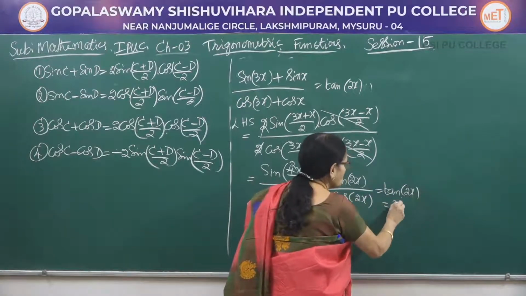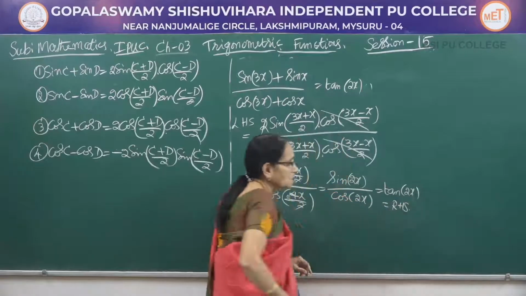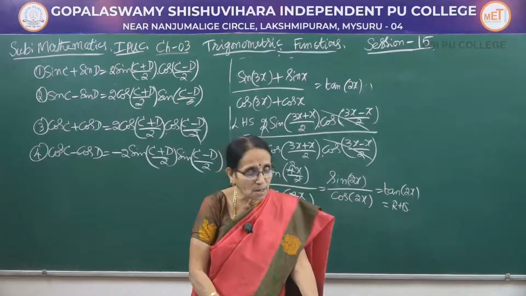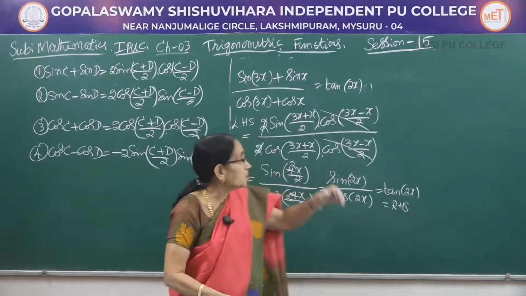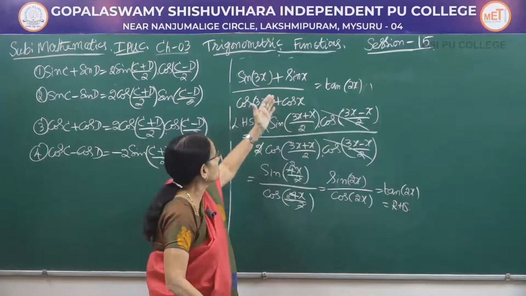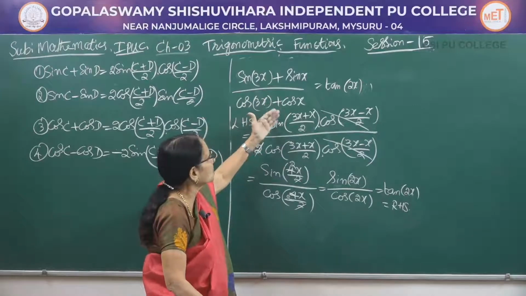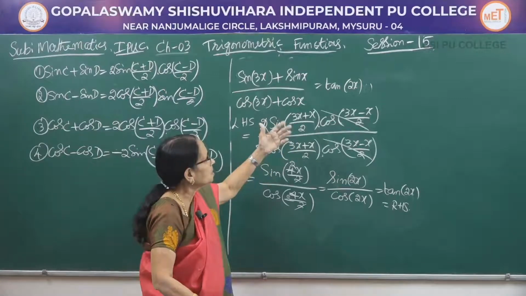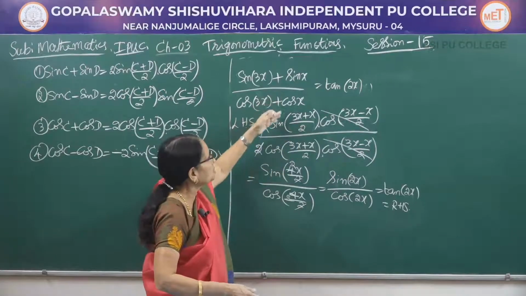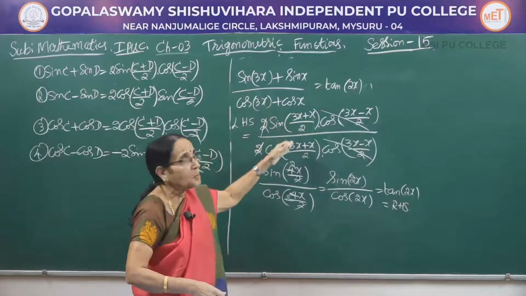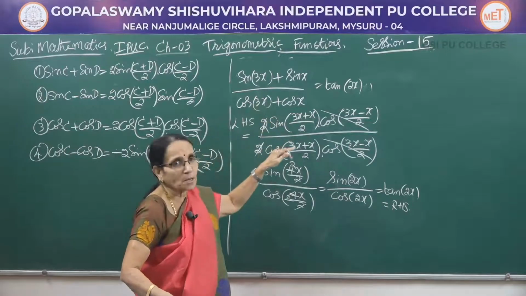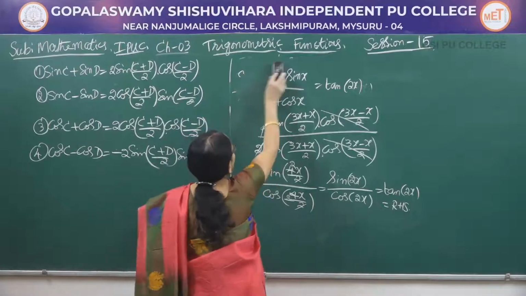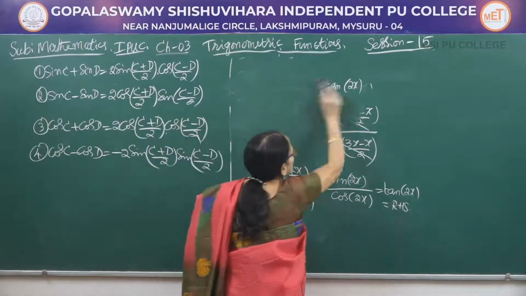So, in almost all the problems now you have to use the transformation formula whenever you have the sum or difference. So, either it is sin C plus sin D or sin C minus sin D, cos C plus cos D or cos C minus cos D. Of course, these problems are simple, can be expressed as 2-mark questions, directly you can apply the formula and you can get the result here. Now, let me move on to the next problem.